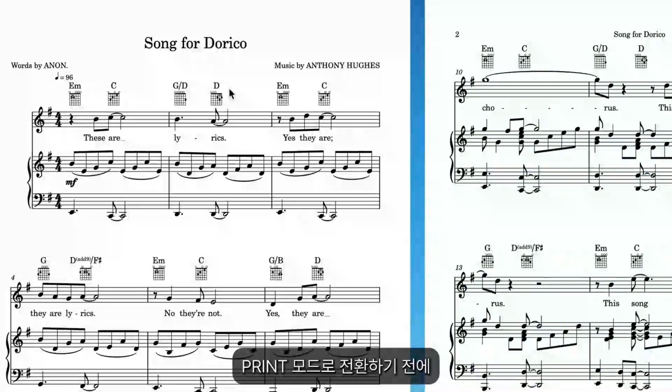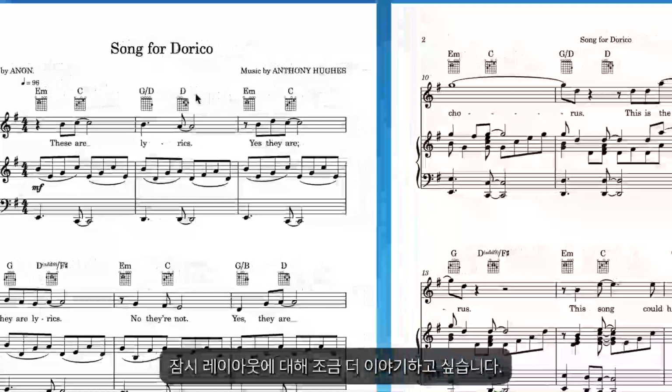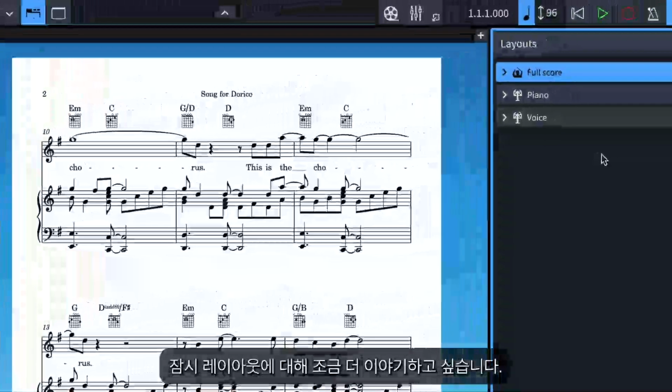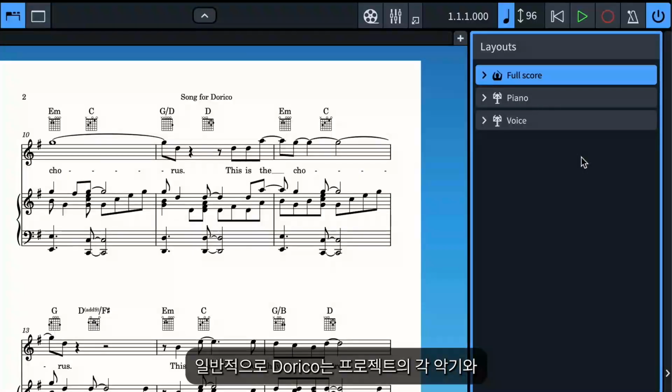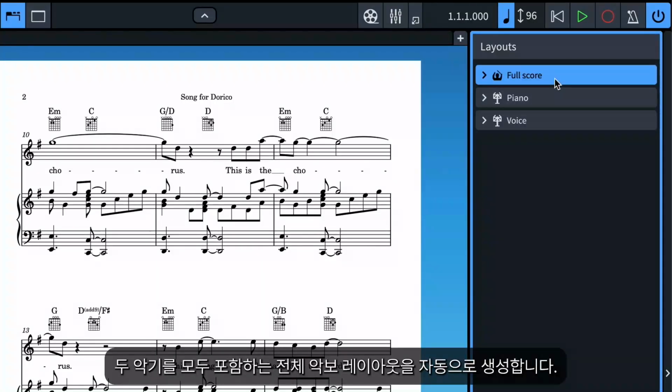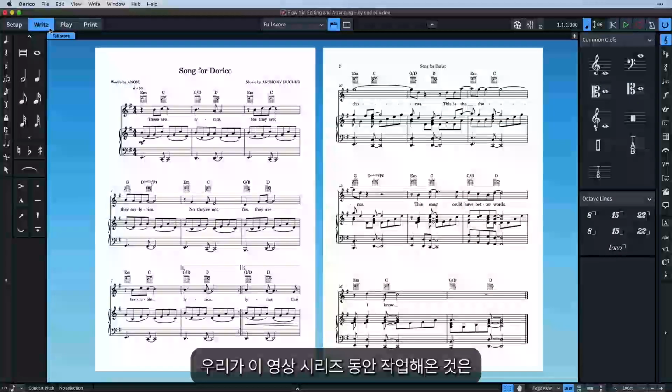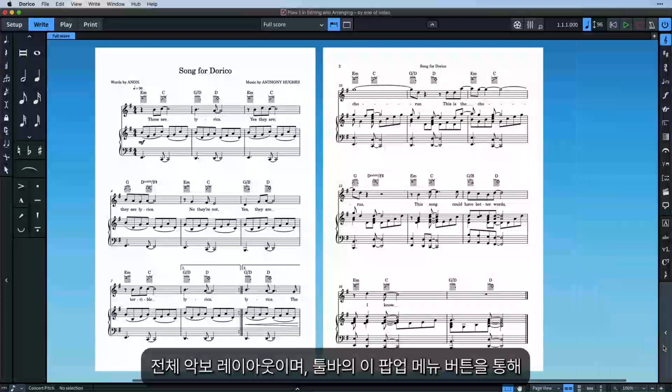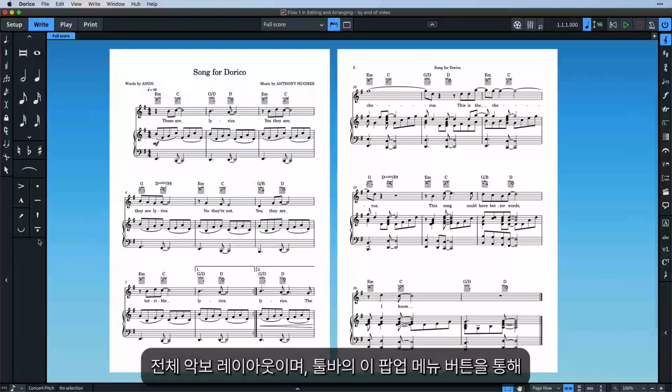Before we switch over to print mode, I would like to take just a moment to talk a little more about layouts in general. Dorico automatically creates a layout for each instrument in your project, as well as a full score layout that includes both of those instruments. It's the full score layout that we've been working on throughout this video series so far, and you can easily